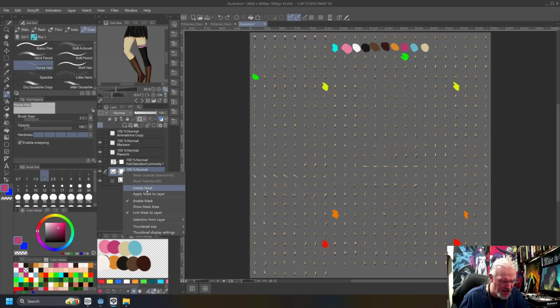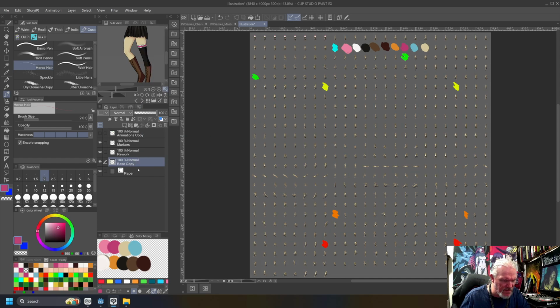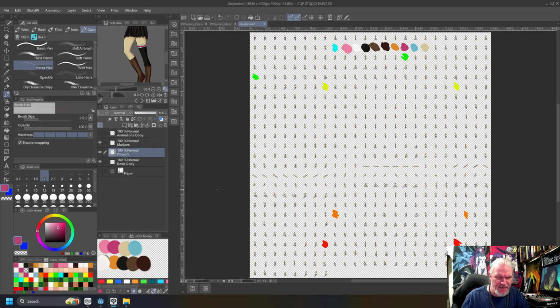So start with delete mask. We'll move on to delete mask. And now we'll merge with layer below. And that has automatically rasterized it. So if I now turn off the paper, turn off the markers, then I should be able to